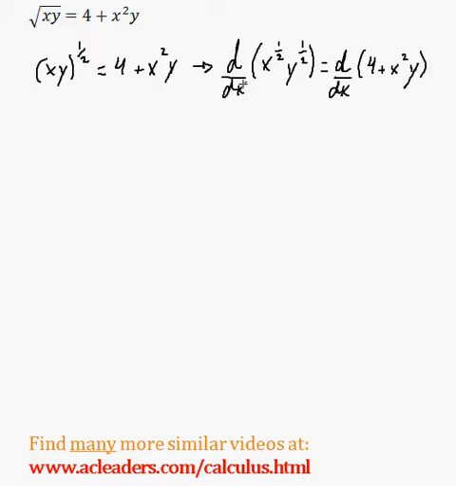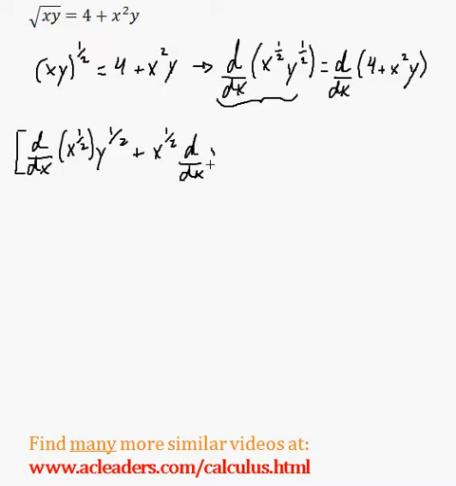Okay, so now we're going to need to use the product rule to find d/dx of x to the half, y to the half. And that won't be too bad. We're just going to have to go d/dx of x to the half times y to the half plus x to the half, times d/dx of y to the half